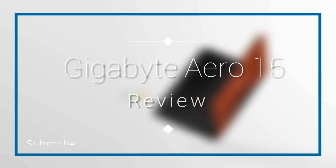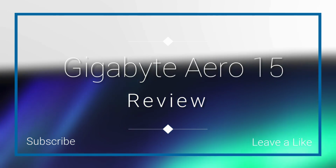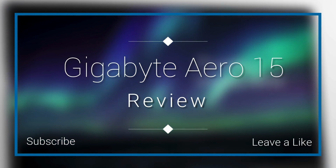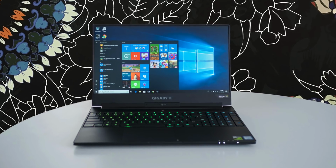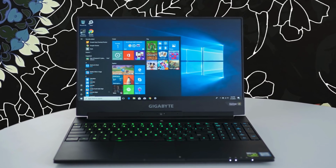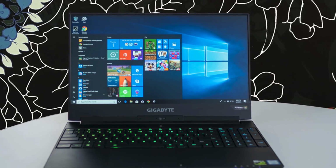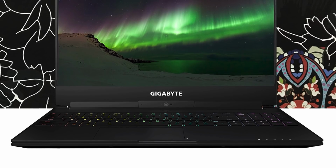Gigabyte is one of the strongest competitors in the market, so you've probably used a product that was manufactured by them, or maybe thought of having one, but either way, you're probably familiar with the quality of their products. In the past couple of years, Razer, Acer, and Alienware were amongst the greatest manufacturers rapidly growing in the market, but Gigabyte, with their Aero, has proven that their laptop can compete on price, design, and performance with the companies we mentioned. That's why, today, I'm going to make a detailed overview of the Aero 15W BK4,